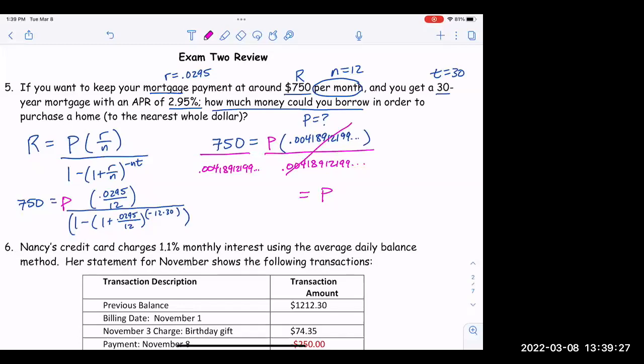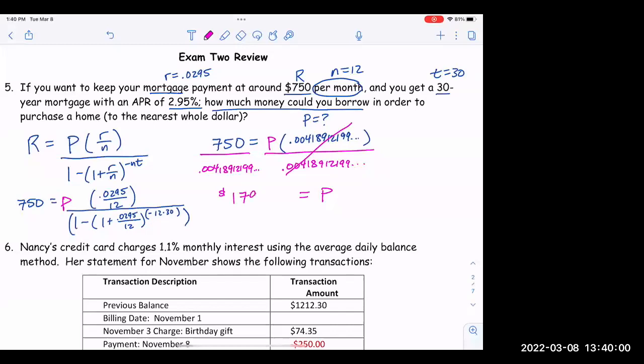If you want to avoid any chance of rounding error though, remember that there is the ANS button on your TI-30 calculator. So if you do 750 divided by, and then the ANS button, which is second and then the negative button, that would divide by whatever the previous answer your calculator had. As long as you had that 0.00418 whole thing in your calculator, then you can just do 750 divided by that. So we should be getting on this one